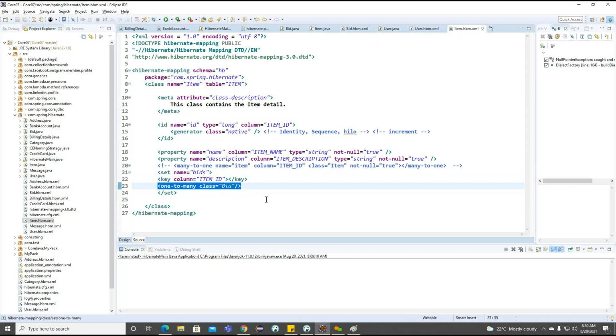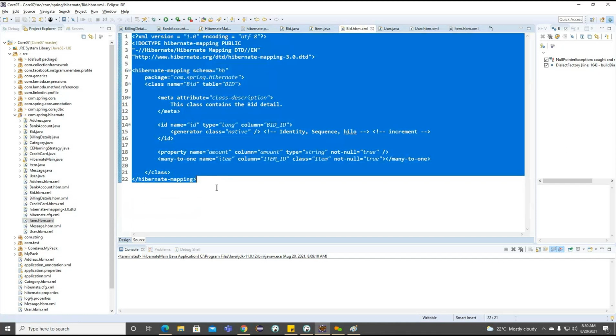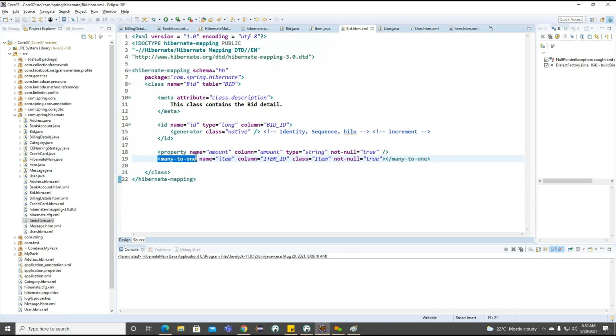And here we are having the association, we are having one to many. One item here, many we are going to have bid. Now you can see inside this particular bid, it is different here, many to one. Many bids here, one mapping here, one item. Okay, so this is all about the item and bid class.